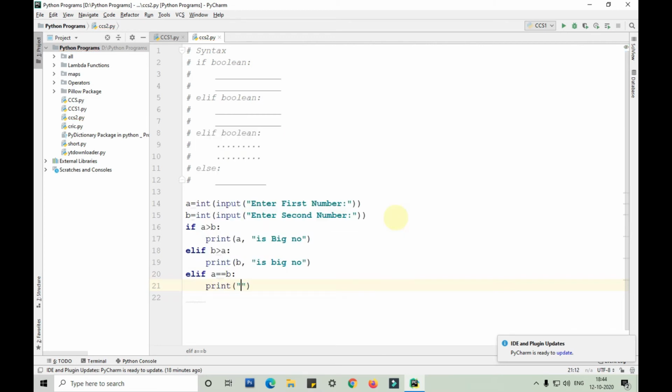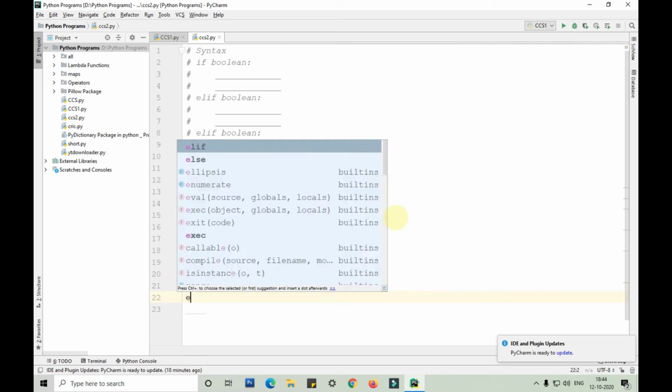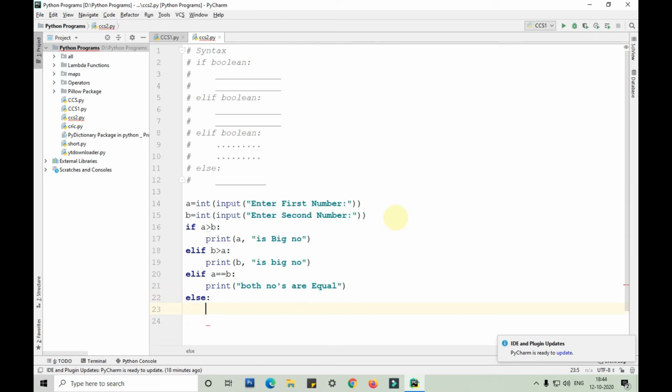Print both numbers are equal. Okay, else print invalid input.